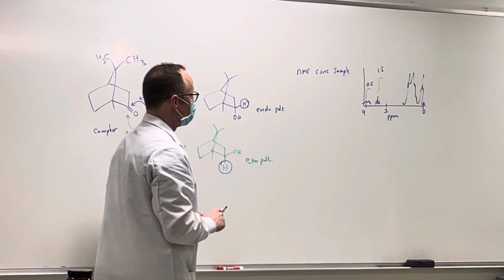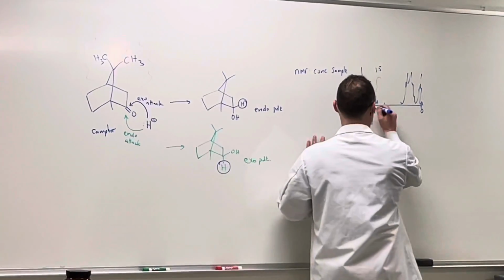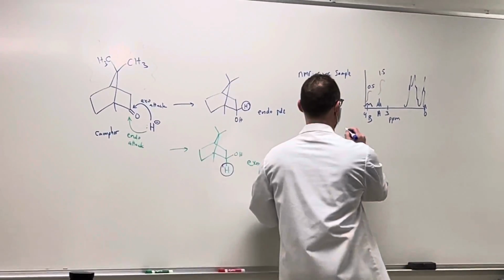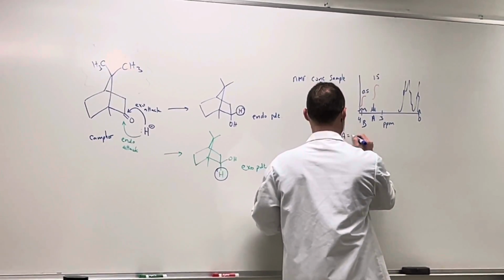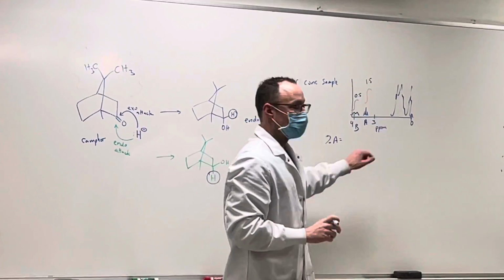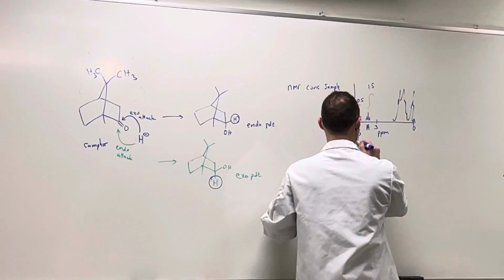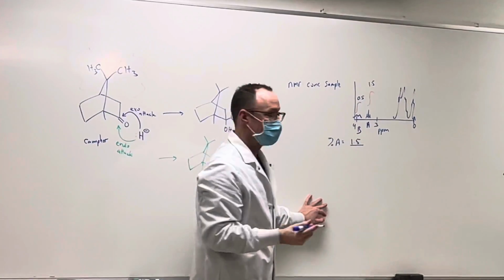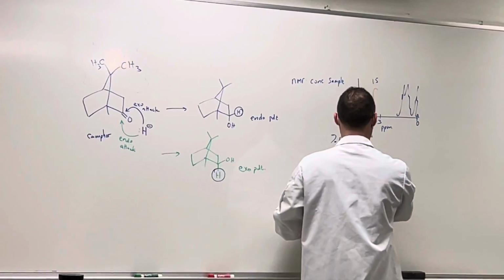Okay? The way you're going to do that, let me call this one A and this one B. The way you're going to do that is you're going to calculate percent A just as a ratio of its integral, so 1.5, divided by the sum of the integrals. So it would be 1.5 plus 0.5